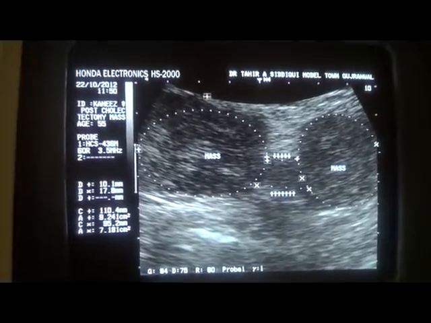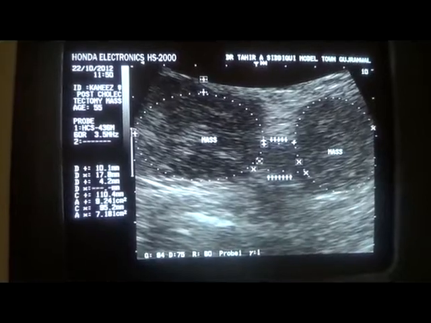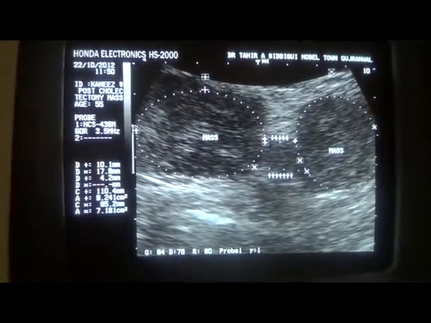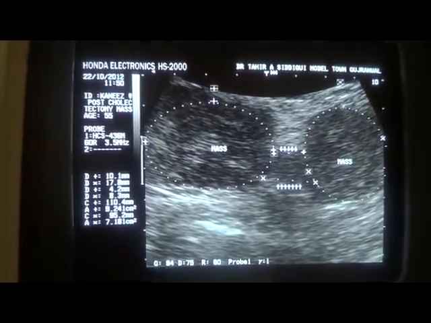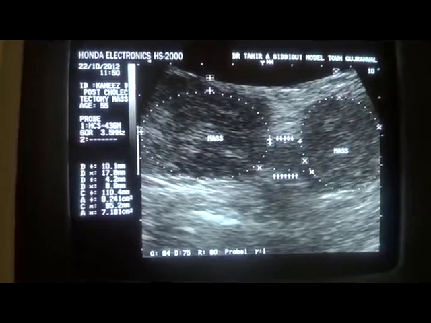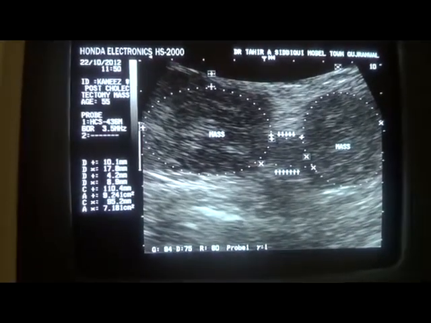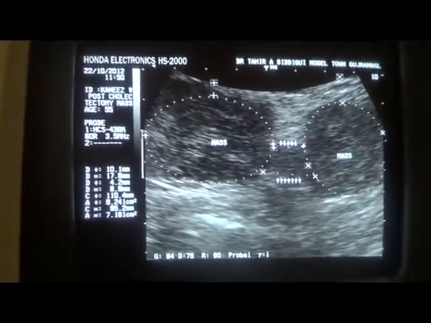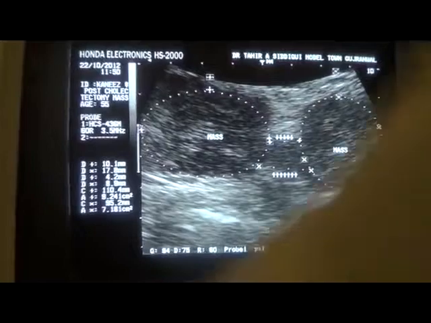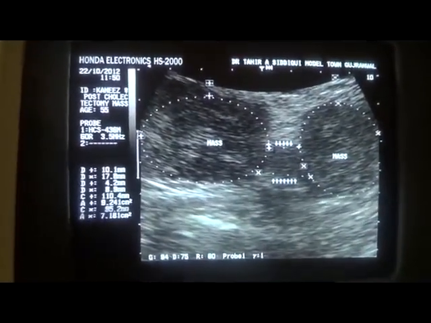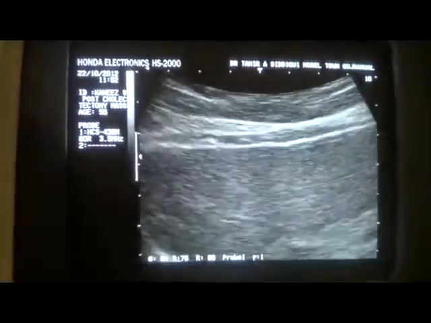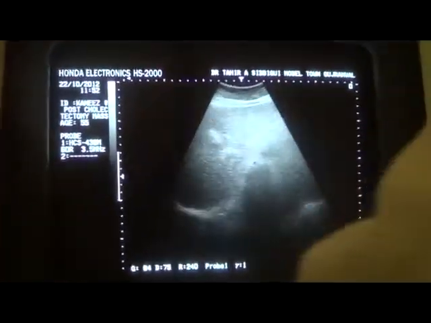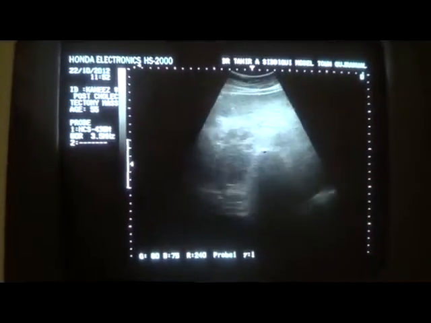One is approximately 4.2 millimeters below the skin, and the second is 8.9 millimeters below the skin. Now the appearance of these masses is that of either an abscess,